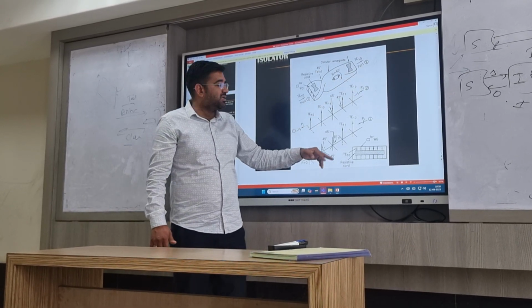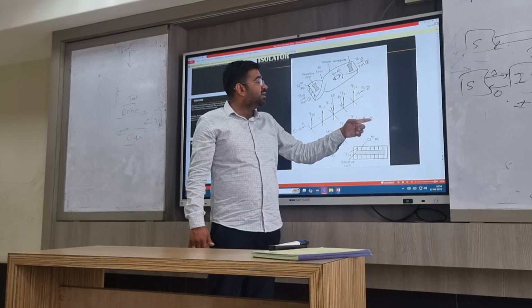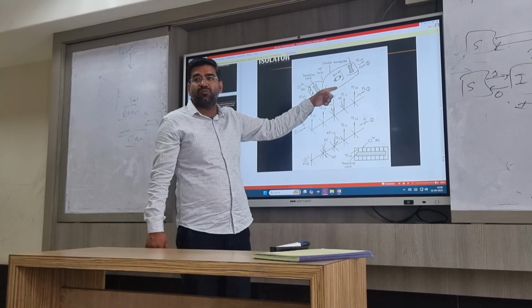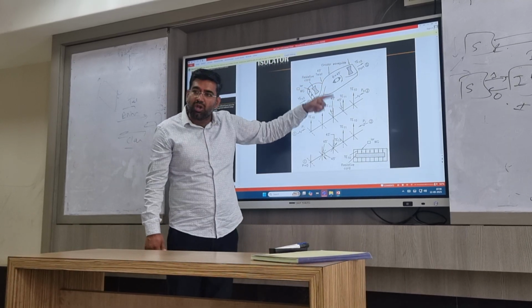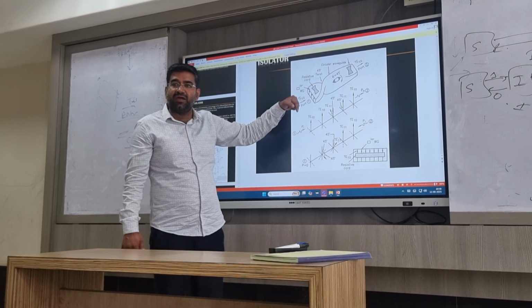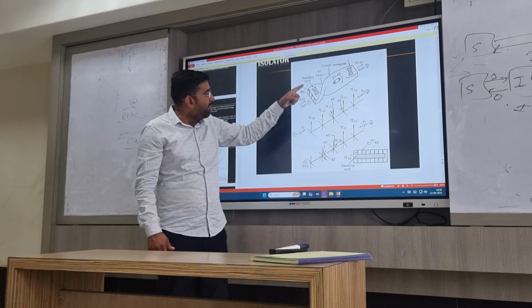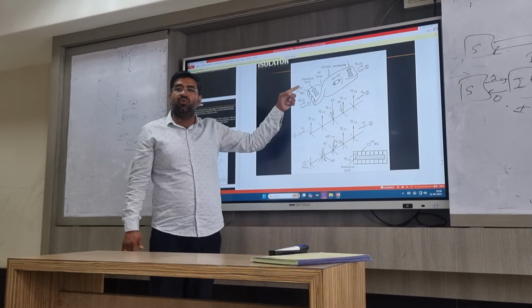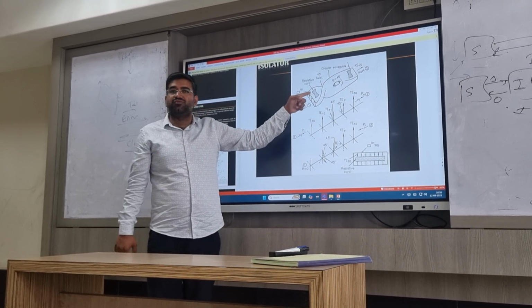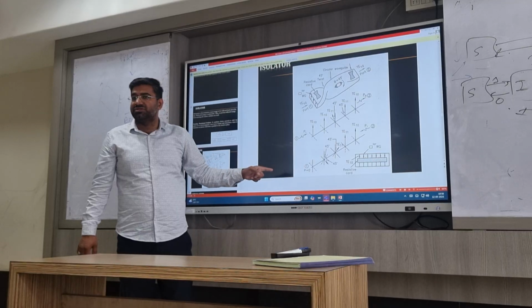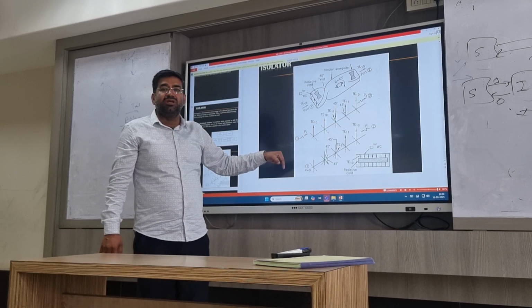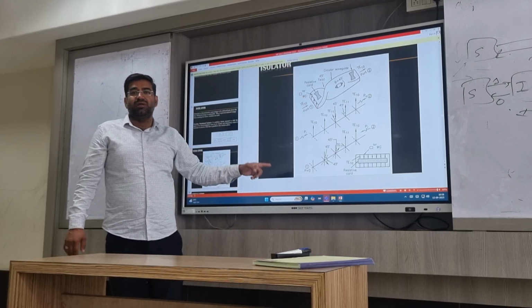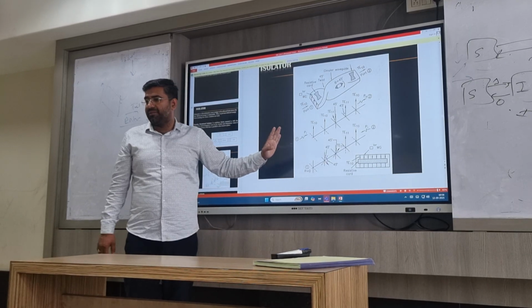In the reverse direction, when we apply input at port number 2, then there is a 45 degree twist due to the circular waveguide in a clockwise direction. Again a 45 degree twist in the clockwise direction. So 45 plus 45, 90. Now it becomes parallel to that of resistive card number 1. So the wave is completely absorbed. Thus the output at port number 1 equals 0, meaning in the reverse direction it provides maximum attenuation. In this way also it is going to work. Is it clear?